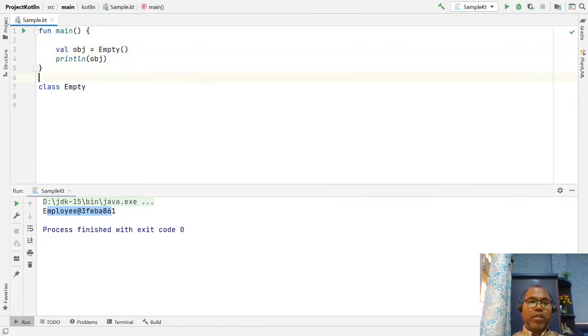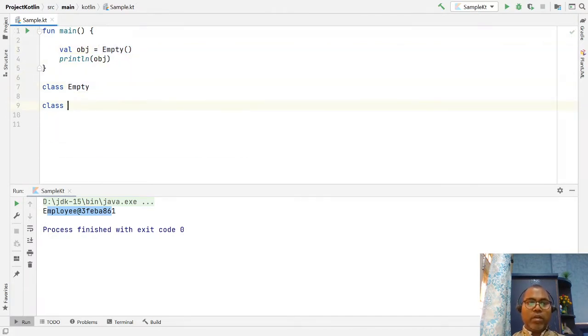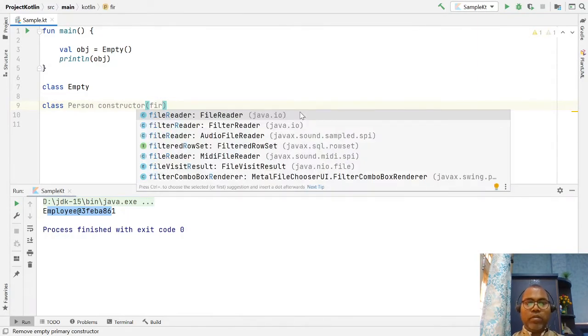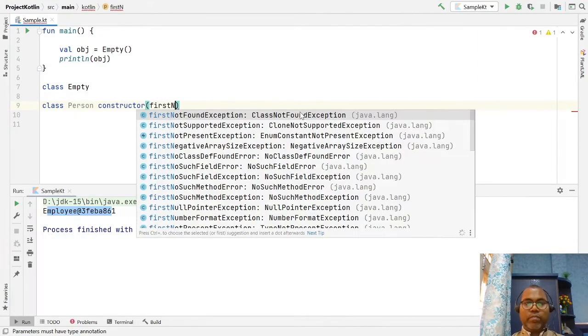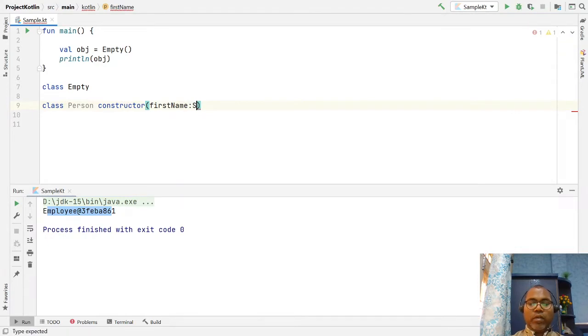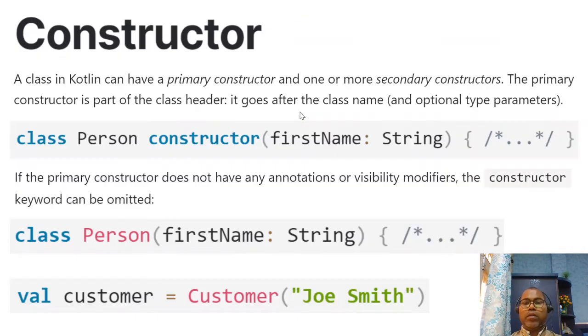And let's take another example: class Person. We have the keyword constructor, and in this constructor we pass, for example, the first name and its data type.